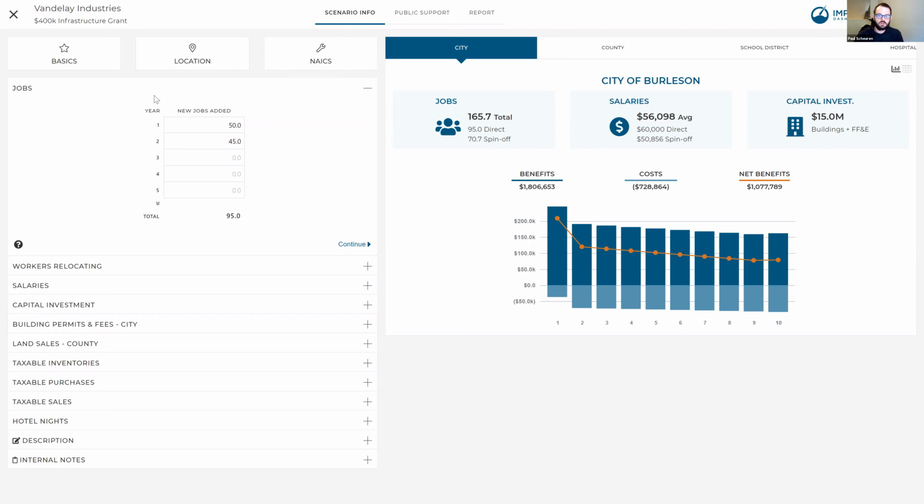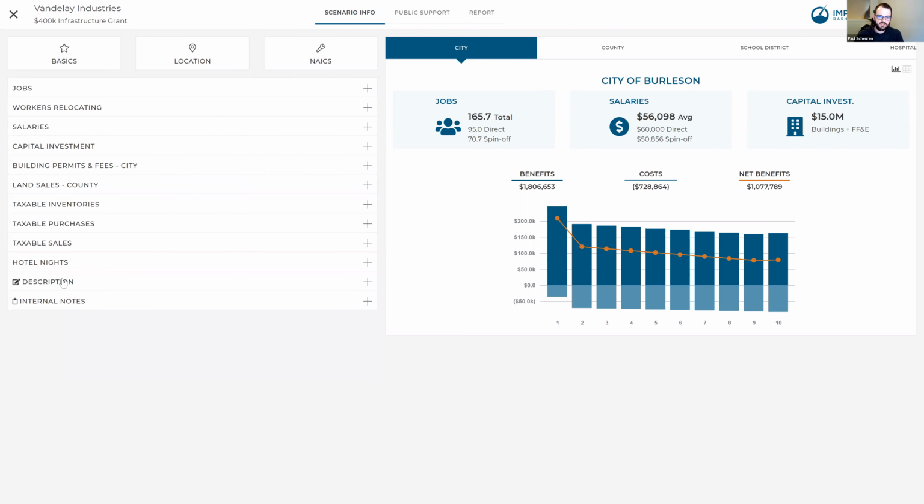Again, we're going to be entering all of this information that we see here on this left-hand side. We want to know information about the jobs, how many of those workers might relocate to the area, what are the salaries, what's the capital investment, and what are some of the other relevant impacts. We're looking at a project in the state of Texas, so we've got inventories and this conception of taxable purchases